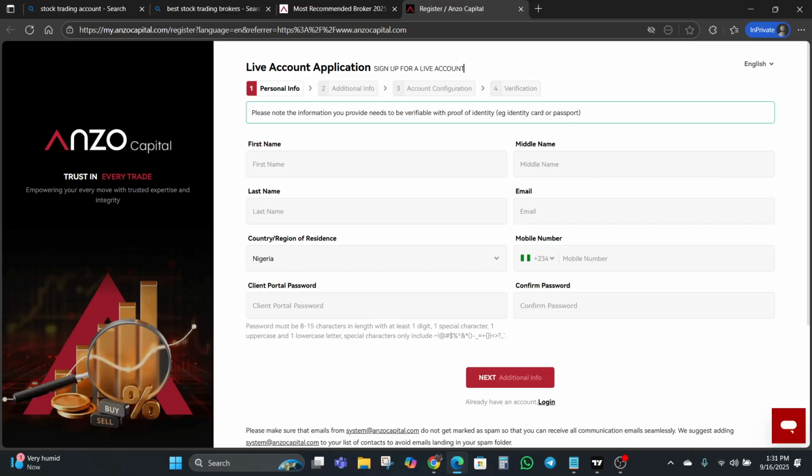Now that your account is active and funded, that is, I'm just taking you through the process now. If you are funded by now, or maybe you are already done with verification, and then you really want to trade, you have to fund if you want to trade, unless you want to practice on a demo account first, which I recommend. But after you have done practicing and you decide to fund,